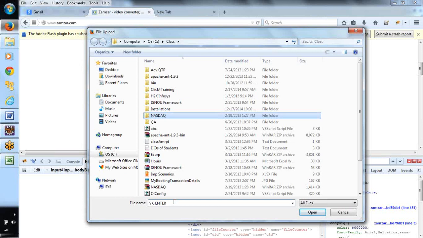Are you able to understand what I'm saying? Say by default the cursor was here. That is the reason we were directly entering the file path here and directly clicking the Enter button, so it works fine. But say the focus is somewhere else. In that case, we need to perform a Tab operation.